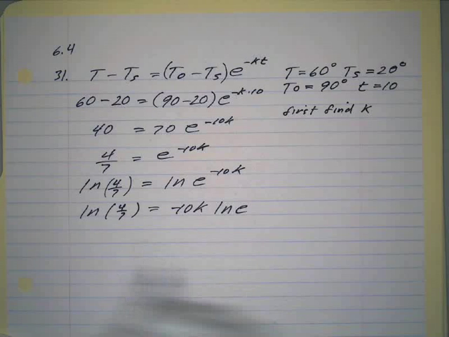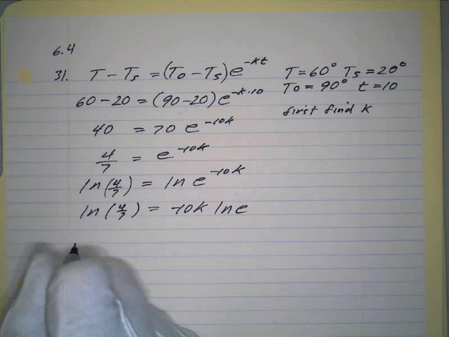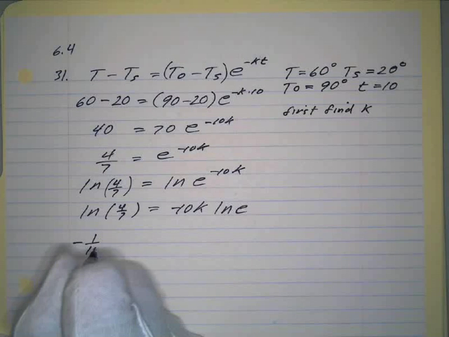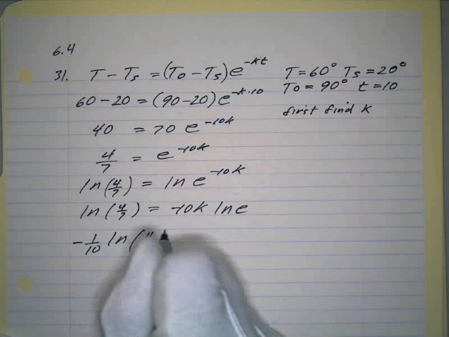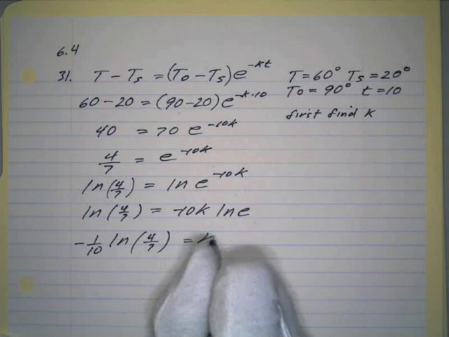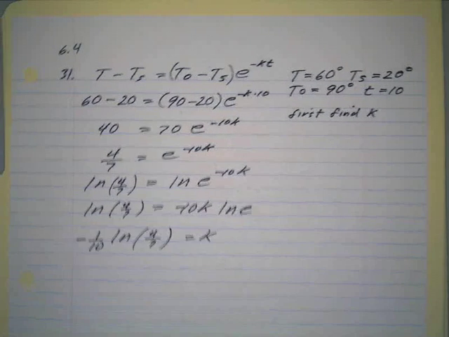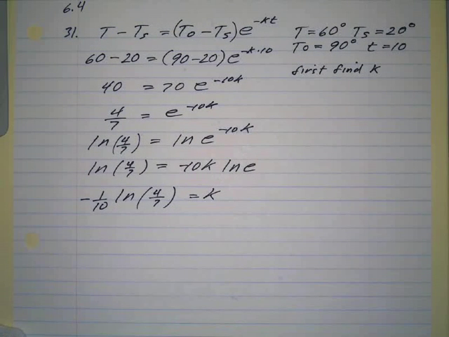Or I can multiply. It's a little bit more economical to multiply by negative 1/10, so I get negative 1 over 10 times the natural log of 4 over 7, and that's going to be equal to K. So that's my constant, the constant of proportionality for this problem. So for part A,